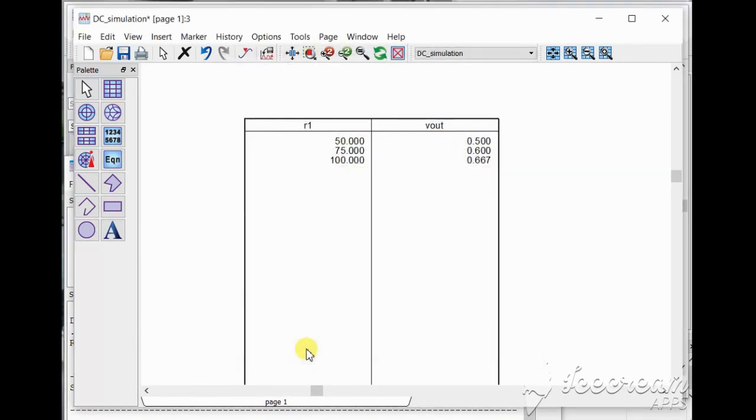So this is listing that at R1 equal to 50, Vout is 0.5 volts, when R1 is 75 ohms, Vout is 0.6 volts, and when R1 is 100 ohms, the Vout is increasing. So ideally it should increase. That is in good agreement with what we wanted to have. So the results are correct.